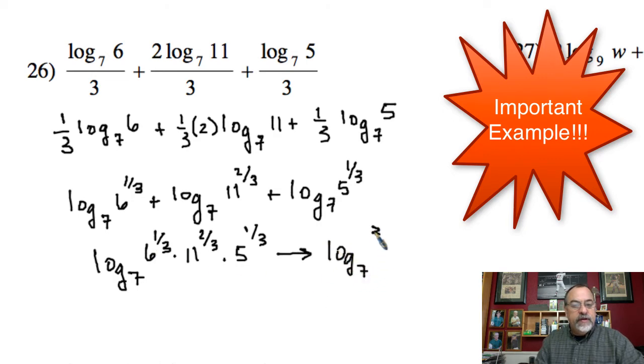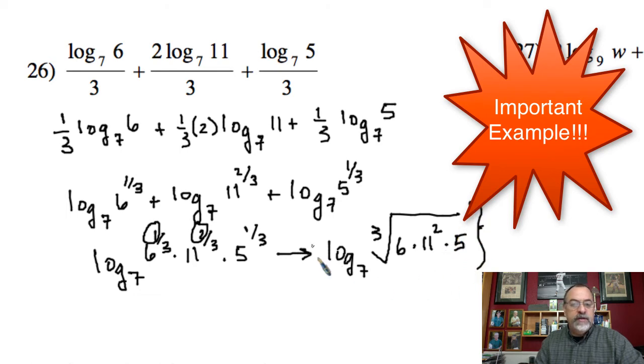So log base 7, the cube root of the 6, there's only one of them, remember that's the numerator. However, this is times 11 squared because the numerator is a 2, and then times 5, and there's only one 5. So this would be the condensed version for number 26. Now, we could multiply those all together if we wanted, but I'm willing to leave it like that for this